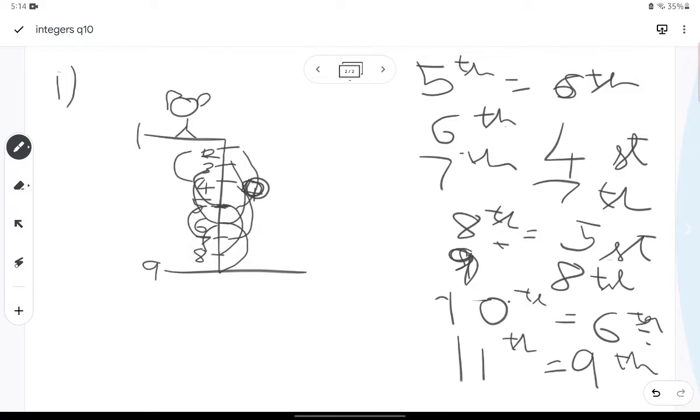So first step, 4th place. Now again he comes up 2 steps. So 2. After 2 he comes to 5. After 5 he comes to 3. After 3 he comes to 6. After 6 he comes to 4. After 4 he comes to 7. After 7 he comes to 5. After 5 he comes to 8. And after 8 he comes to 6. And the final step to the water, he comes to 9. So it takes 11 steps for the monkey to reach the water.